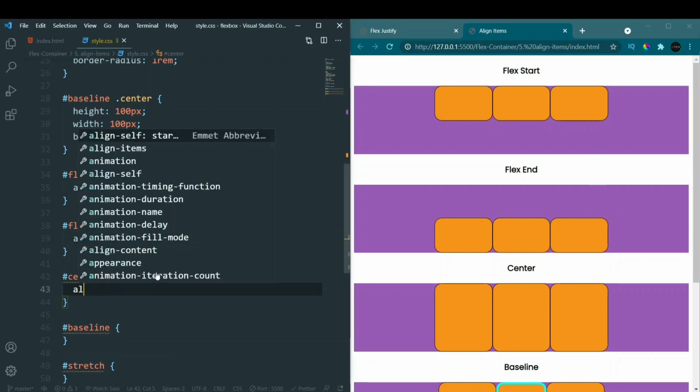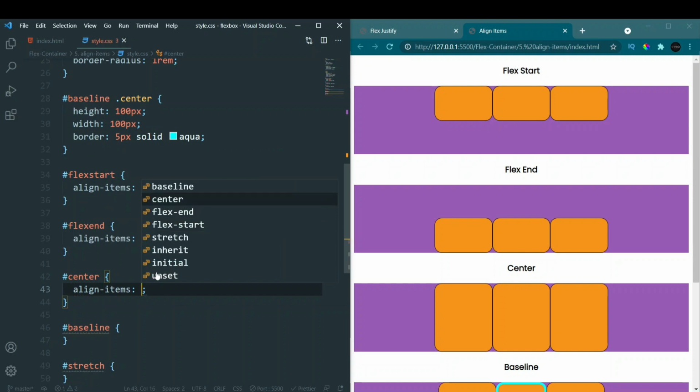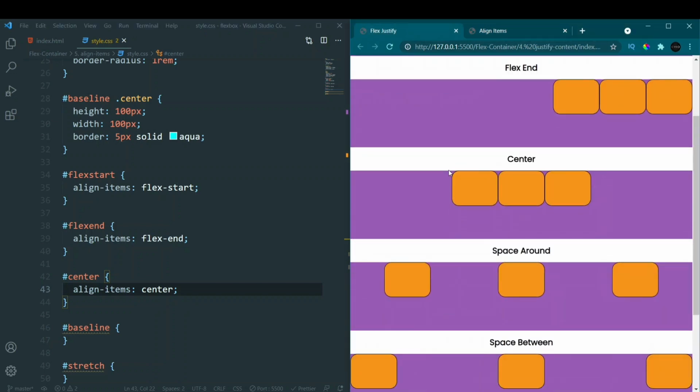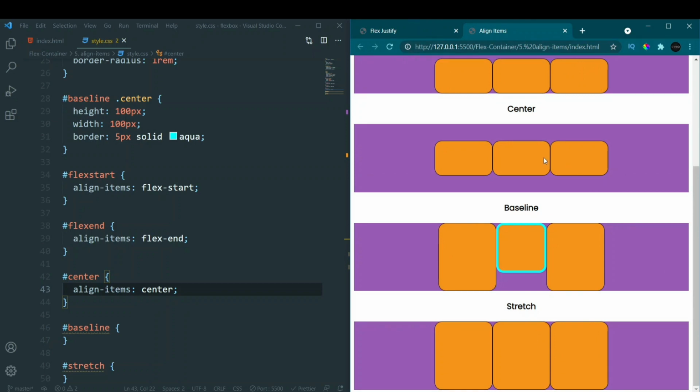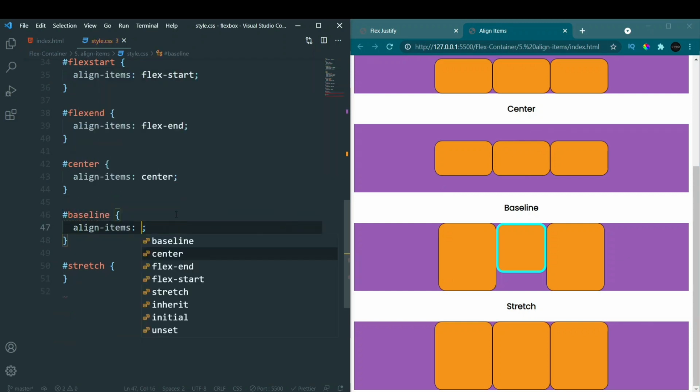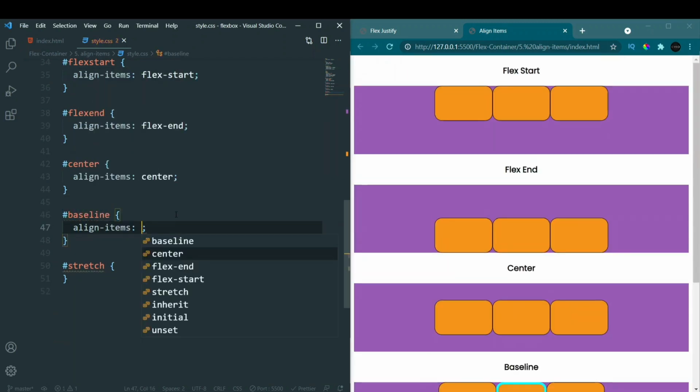Then we have align items center. Again it will center the elements vertically, not horizontally. In justify content, center works only horizontally, but in align items we have it exactly at the center vertically. These are the things to remember. I am focusing on vertically again and again because it is very important. The fourth one that we have is baseline.